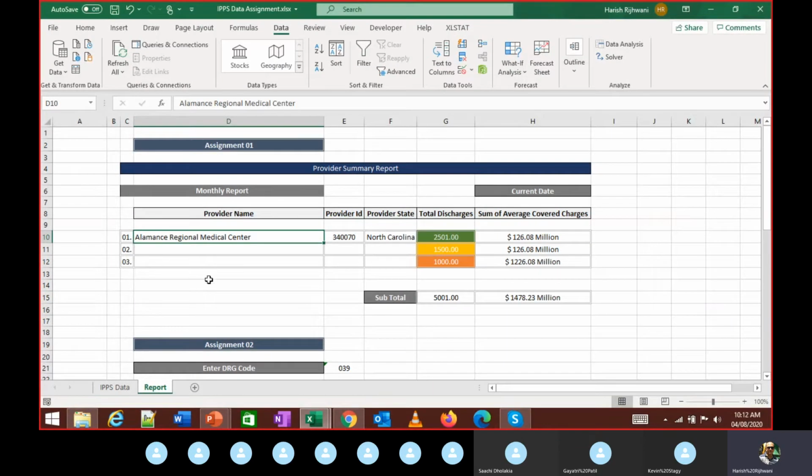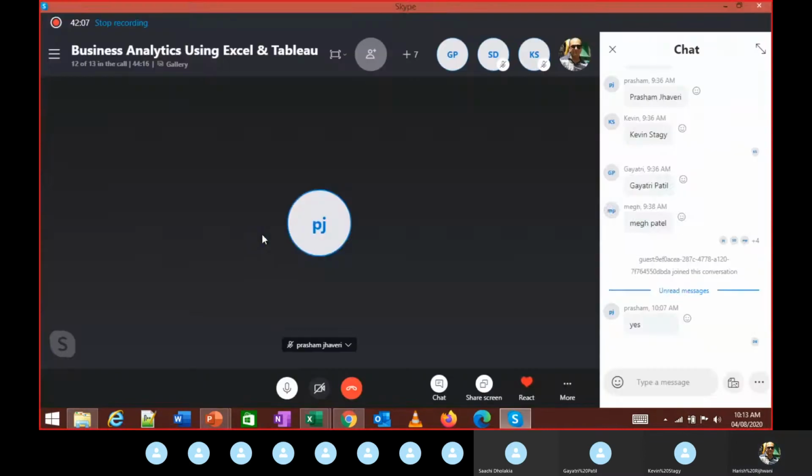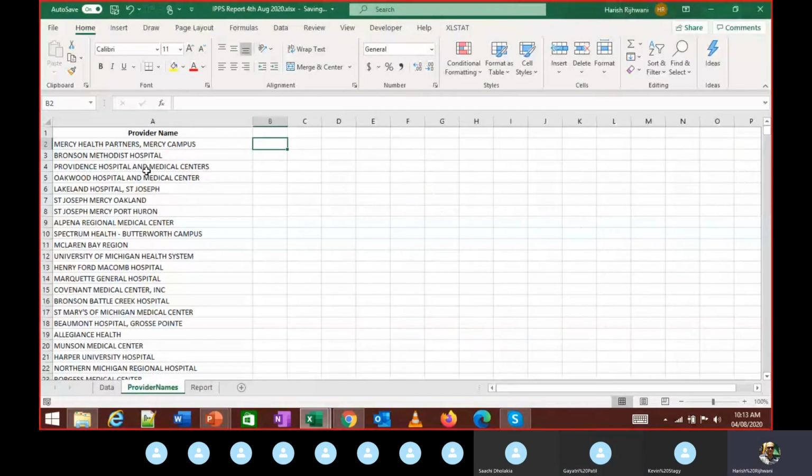Okay, now when you look at this, you notice over here the name which is there is not all caps. It is sentence case. Basically, only the first character is capital, the remaining are not caps. But if I look at this data, I have everything in caps.